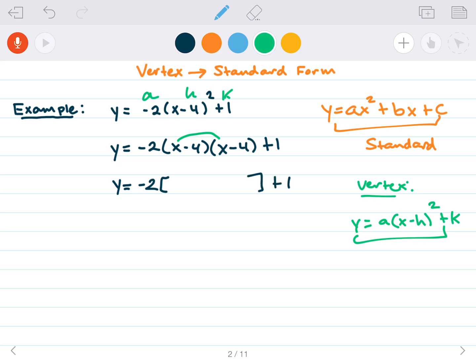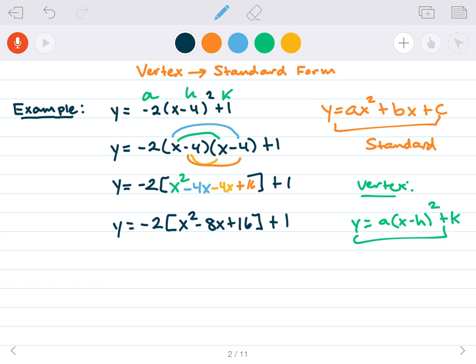So when I FOIL this, x times x is x squared. My outer term is x times -4, -4x. My inner term is -4 times x, -4x. And my last term is -4 times -4, which is a positive 16. So on the inside of these brackets, I can combine like terms, which are these two -4x's. That makes a -8x. So I get x squared minus 8x plus 16,